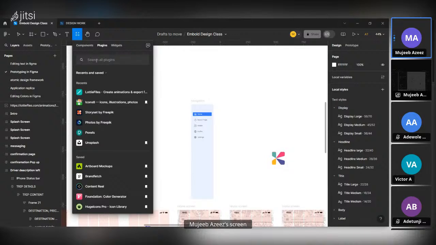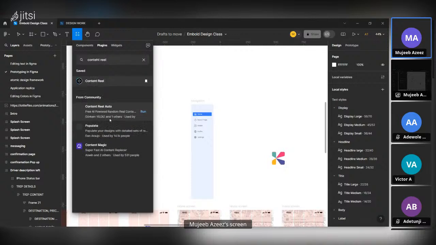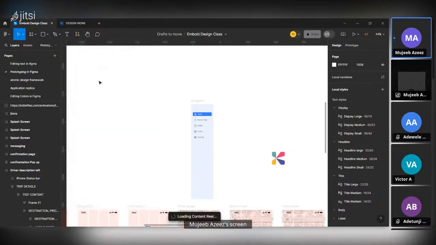For dummy texts, if you don't want to use lorem ipsum, but you want dummy text, we have what we call Content Reel. As you can see, Content Reel. So once you bring up Content Reel now,